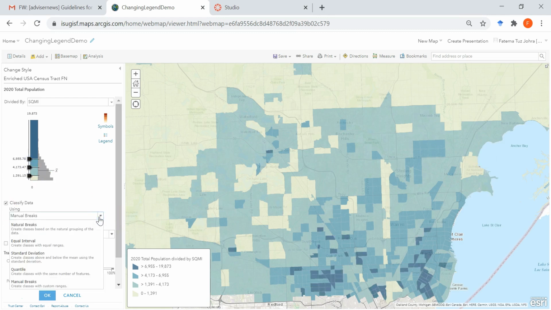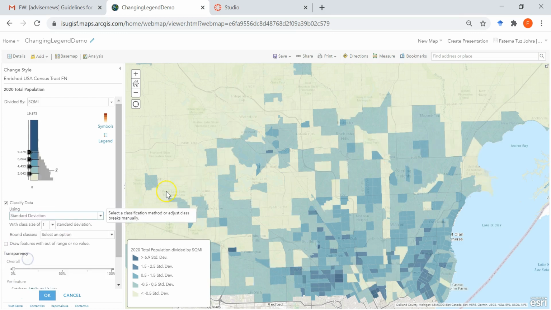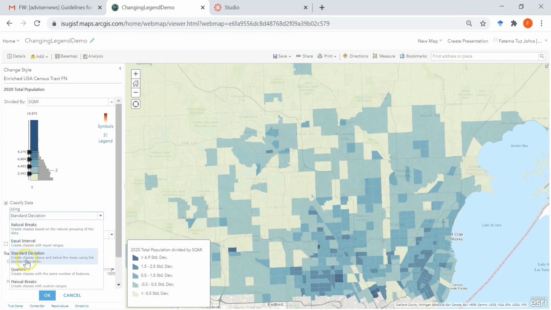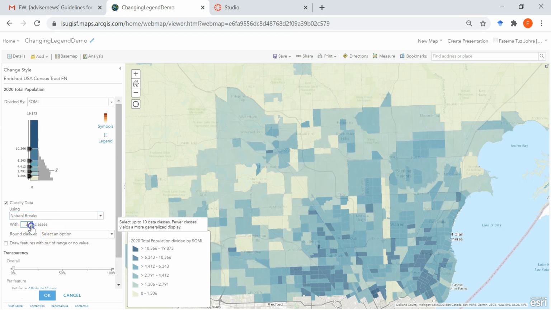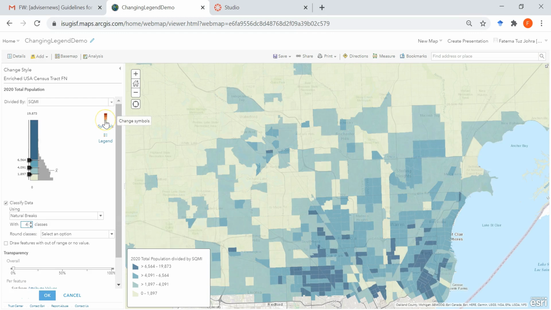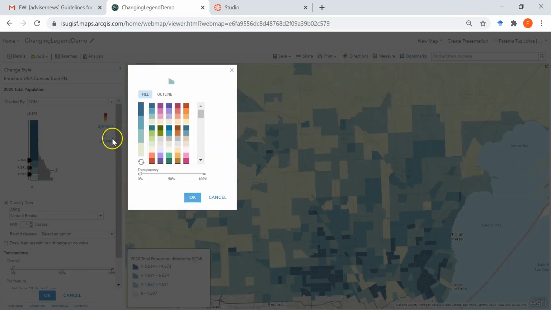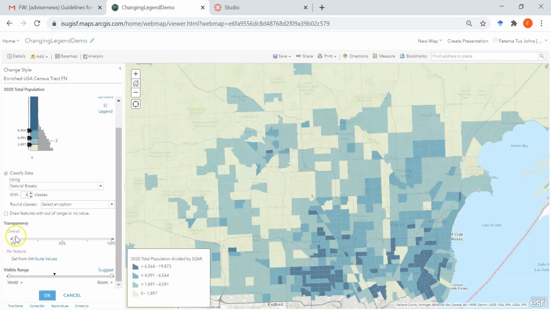So it's manual breaks. We can also do standard deviation, but our data is not normally distributed. We can see that from the histogram, so not standard deviation here. I would like to stick with natural breaks. And we can increase or decrease the number of classes. Also, we can select how the symbol is going to look. We can select different color palettes. And we can also use the transparency level